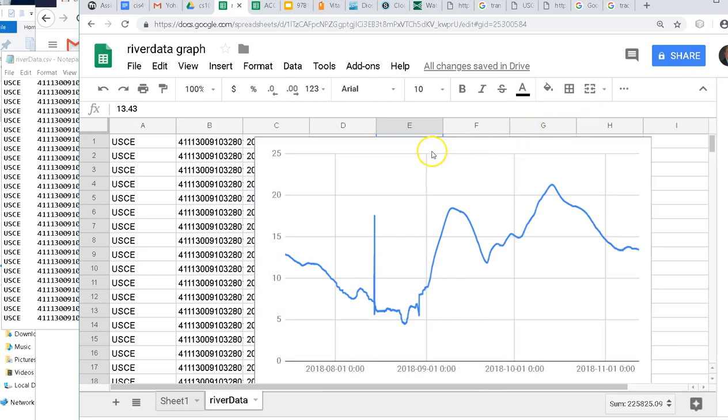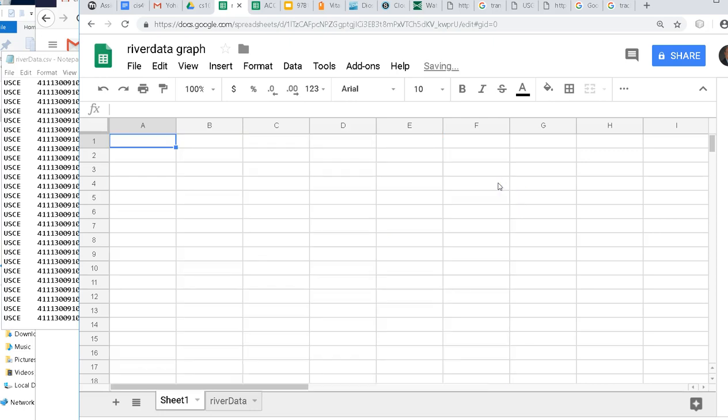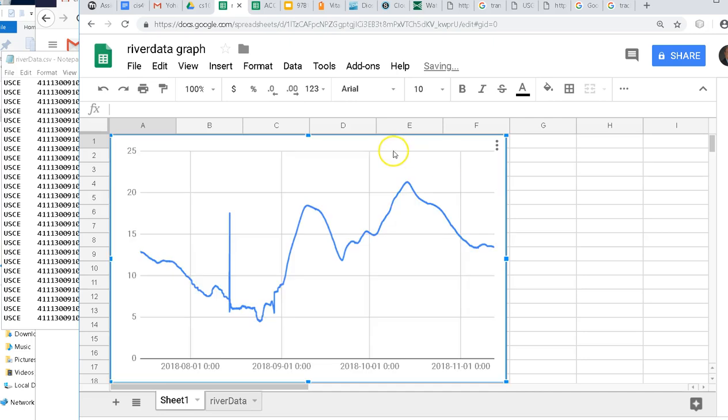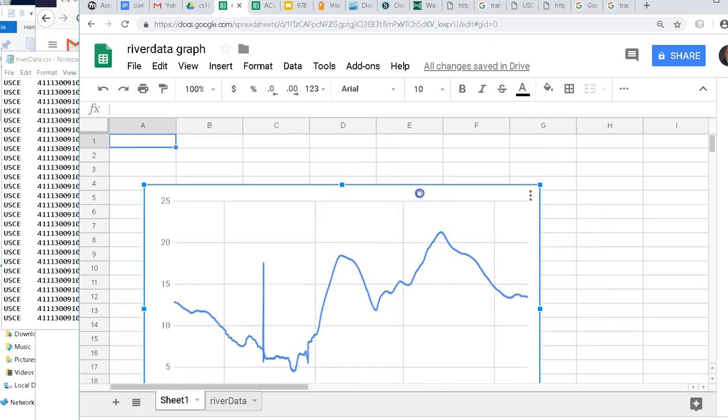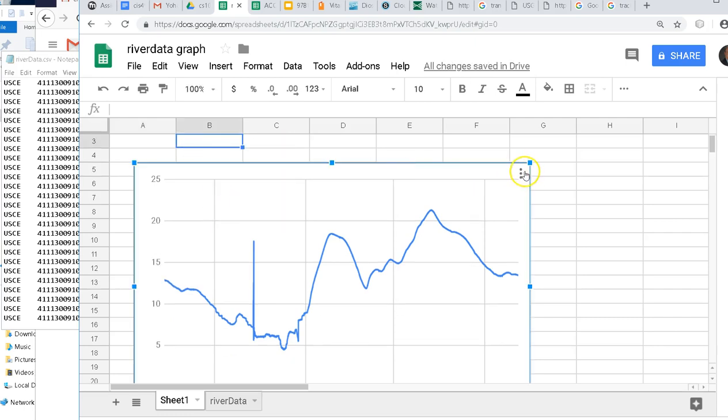Now if I want to move this chart or copy it, I can select it, Control C, come to sheet 1, and get rid of that one, and paste the one that I have from the other sheet. I can move that around. I can put a little note here, data graphing exercise, and Google Worksheets. And I can edit that,